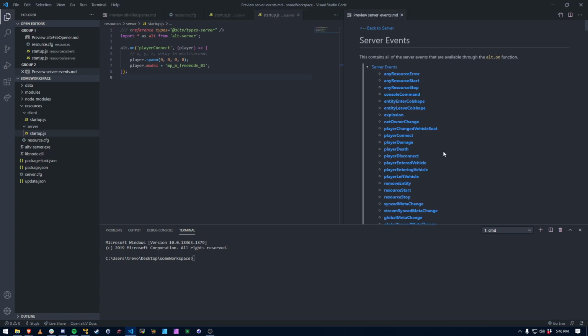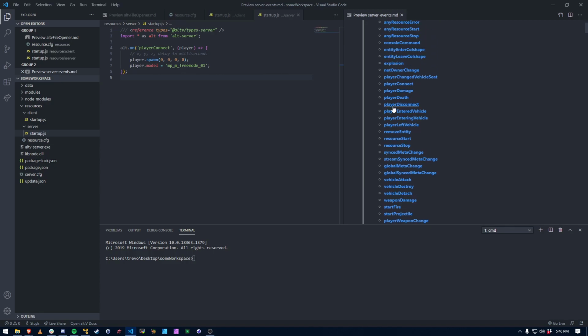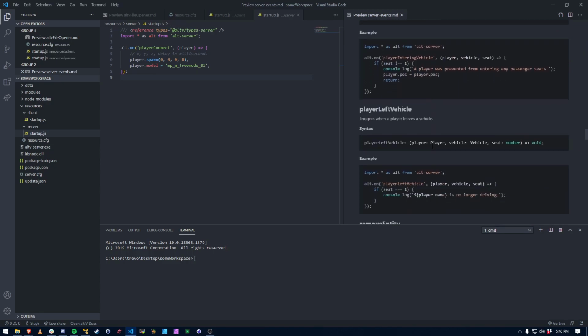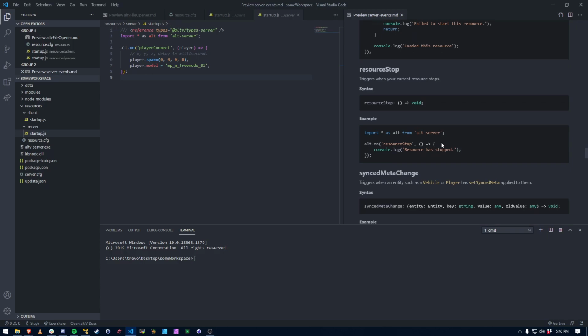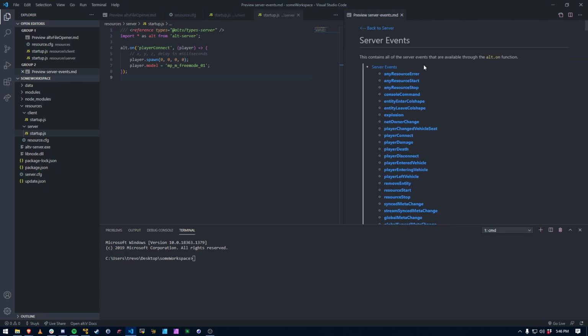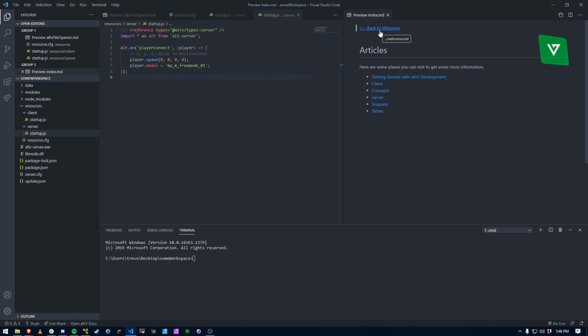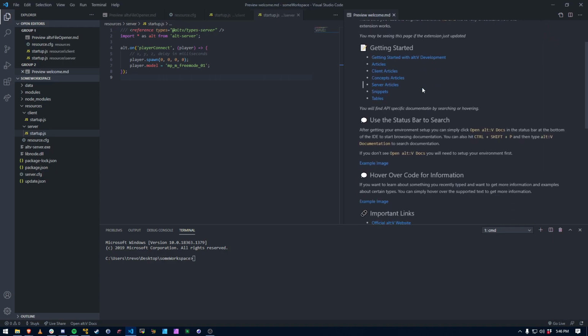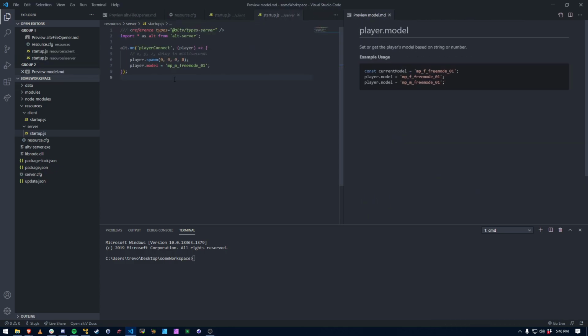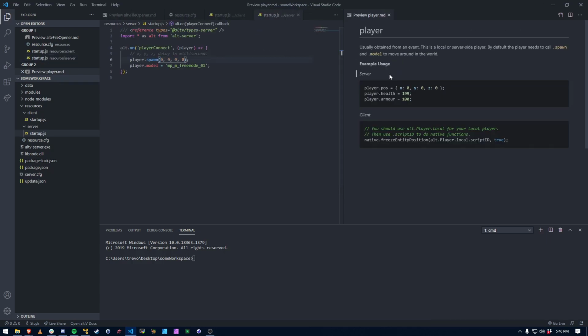And it's like, oh, what's this? See the server event list. Oh, what's this? I have examples of every single server event so I can get a basic idea of how everything works. So the idea behind the documentation is that you integrate it into VS Code. So it's really easy to just be hovering over stuff, looking at things, and you're like, oh, what is this? What's the point of this? Like, oh, what's player? What does player do? It gives general examples for everything, so you can just click on stuff and find your way around. But if you really want to get super in depth, you can click on Open Alt V Docs,